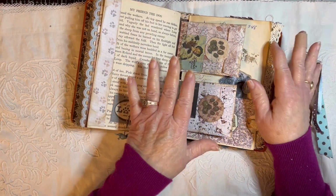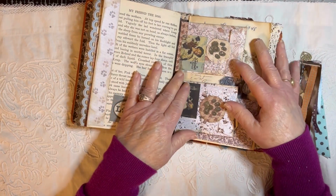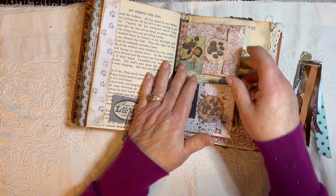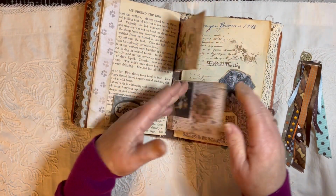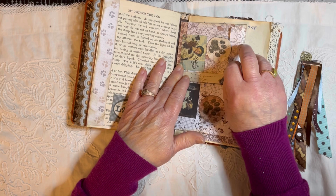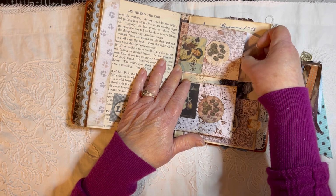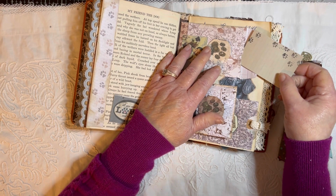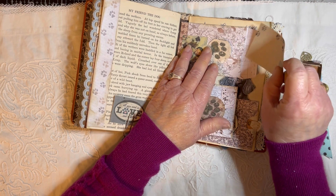And then this is in between the signatures, and I tried something kind of new this time, and I like it, so I may be carrying this forward. I attached 2 coin envelopes in between the signatures where you have that gap, and I just hinged them in there, and they do open, of course. There is just a little journaling card that has a picture. That one happens to have kitties on it,